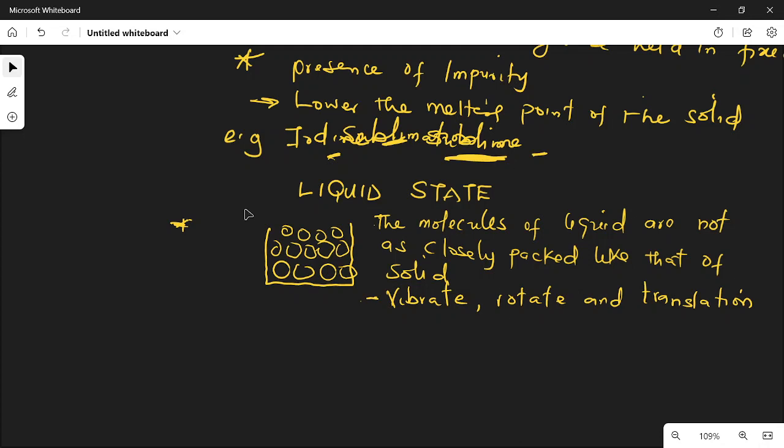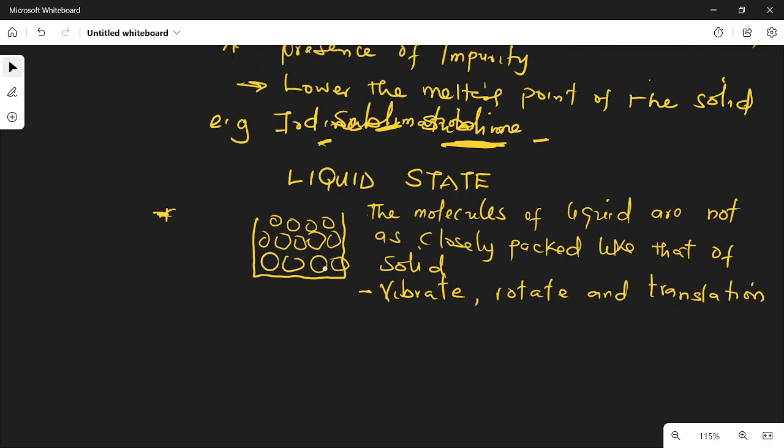So very, very important. They can vibrate, they can rotate, and they can translate. And what is the reason? The reason is because they have more spaces in between them. Don't forget that they are still under the influence of cohesive force, and their movement is restricted because the spaces between them are not that much. Though they can translate, their degree of movement is still restricted,